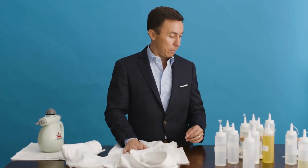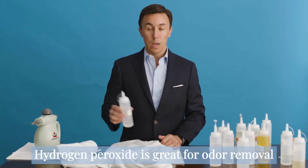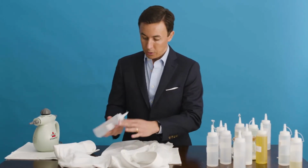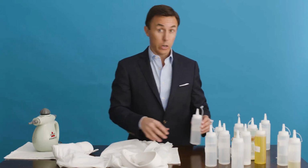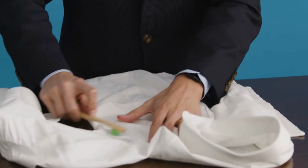A simple example is hydrogen peroxide. Hydrogen peroxide is a bleach, and so that might scare you with colored clothes, but when it is watered down, it's color safe, and more importantly, it kills bacteria. So you can just put some hydrogen peroxide in your laundry load, but if you really want to target a particular stain, you say, for whatever reason, I can't get these armpit stains out. Simple, you just put in your hydrogen peroxide,